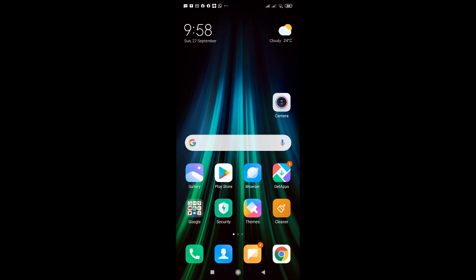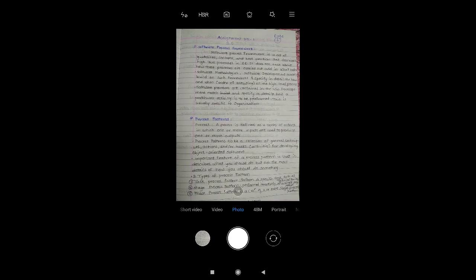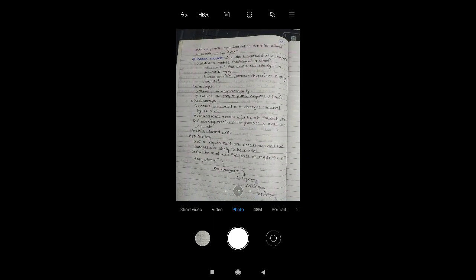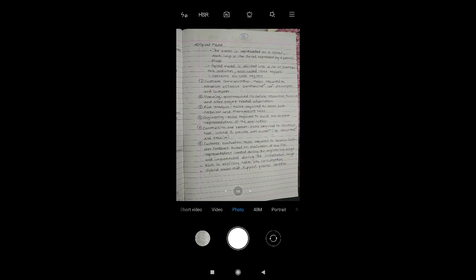Okay student, you have completed the assignment. So first you need to take a photo of this assignment. Go to the camera option and take the photo of your assignment. Suppose this is your assignment first page, then take the first photo. If this is your second page, give the page number at this location, so it's easy to differentiate all the pages. Suppose this is your page 2, and now this is your page 3.